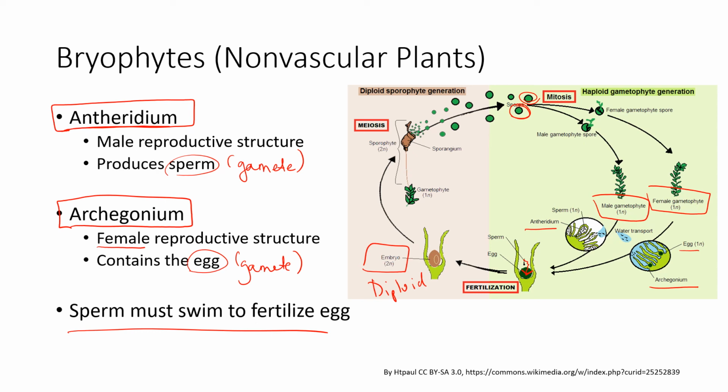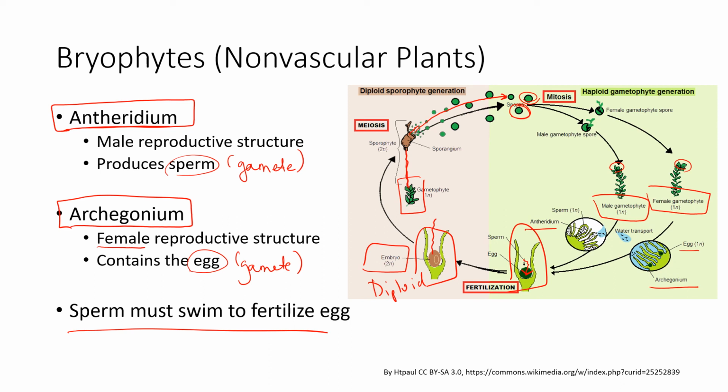Now what happens is this structure that you see, which is shown very, very large, is at the top of this gametophyte. This structure then begins to grow out of or above the gametophyte. The gametophyte is the moss body that we recognize. The sporophyte is still attached and is growing up from the gametophyte itself. After they go through meiosis, the spores are going to be released, and then we start the cycle over again.